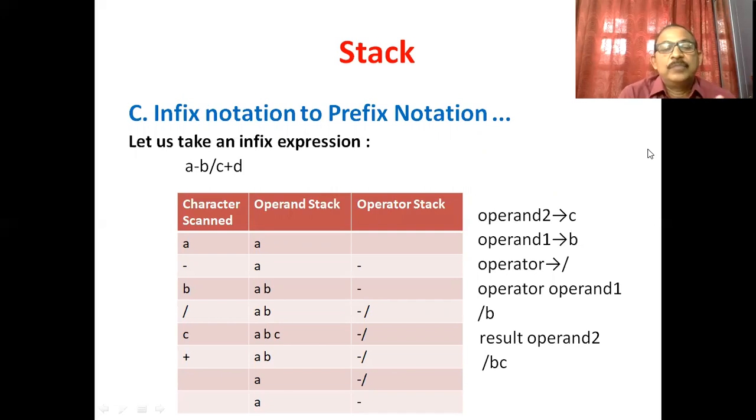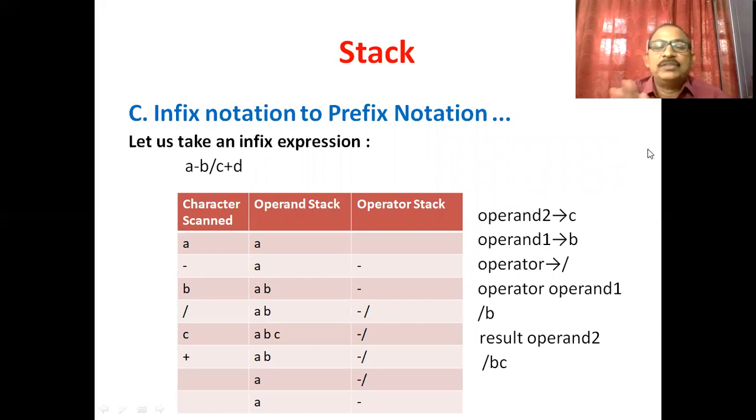Now plus is encountered. What will we do at this position? If the top of the operator stack has a higher precedence operator, in that case we pop the 2 elements and repeat this process. So pop the first operand from the stack and store it into operand 2.